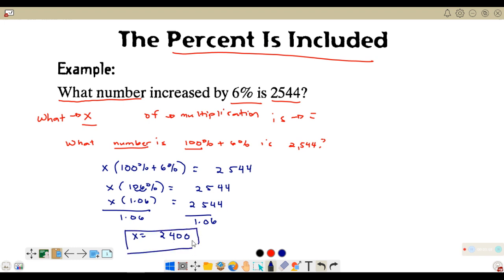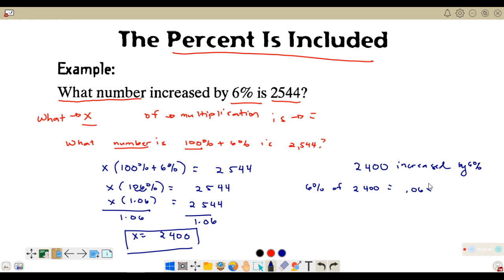2,400. So i-check natin. If you have 2,400 daw, and you increase it by 6% of 2,400, you should have 2,544 daw. So how are we going to check for that? So let's get 6% of 2,400. So 6% of 2,400 is 0.06